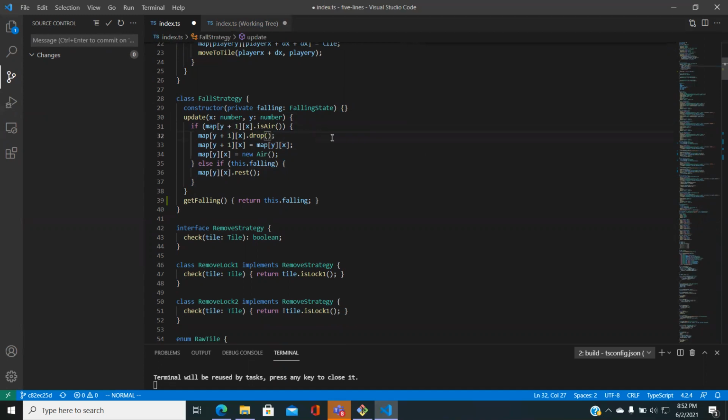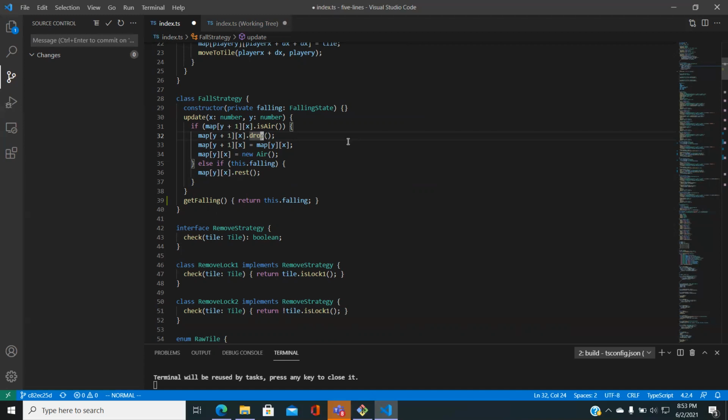Oh, drop. Oh, I see. So basically, what we're saying is we want to effectively get rid of the drop method. All right, so